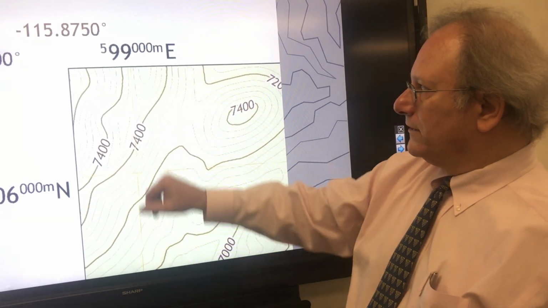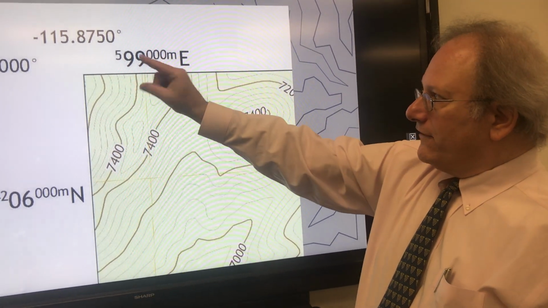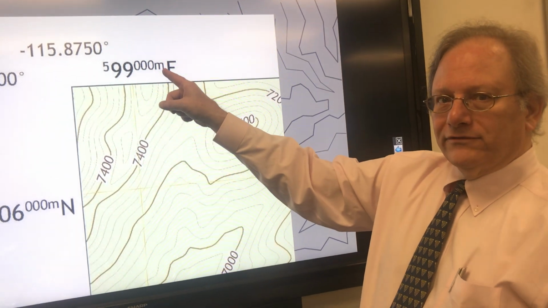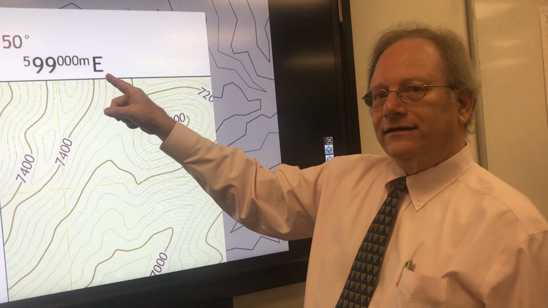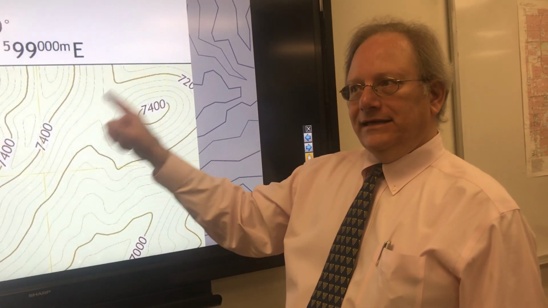And it says 5, little 5, big 99, and then 3 zeros, and then M for meters, and E for Easting. So what that means is that the Easting of that line is